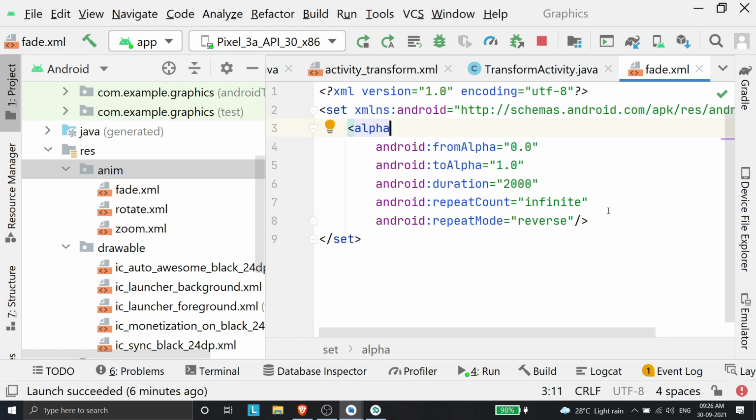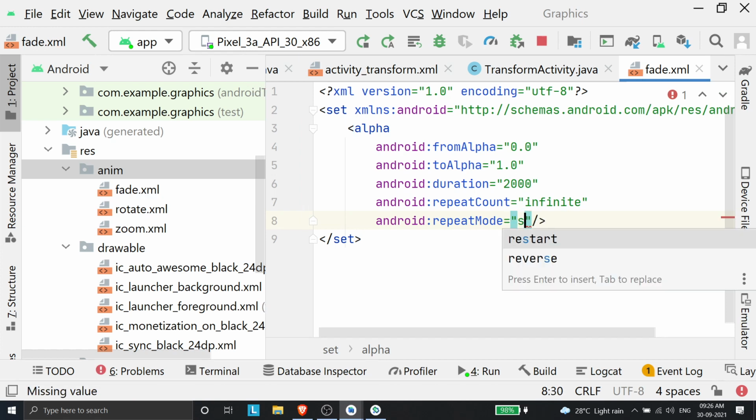So the object will animate from complete transparency to complete opaqueness in 2 seconds. I want this to repeat infinitely, so I'm giving a repeat count as infinite. And the repeat mode is reverse. So it will go from 0 to 1 and come back from 1 to 0. That's what happens if you give repeat mode as reverse. There's also another argument instead of reverse that you can give. I think that is called something.